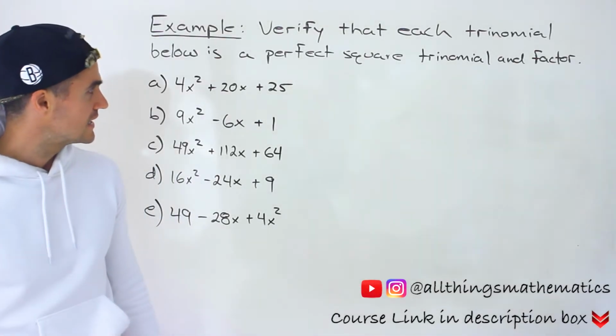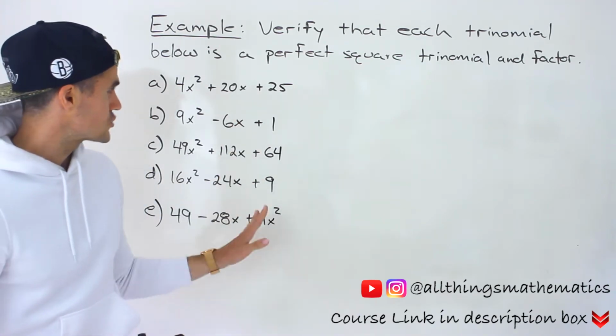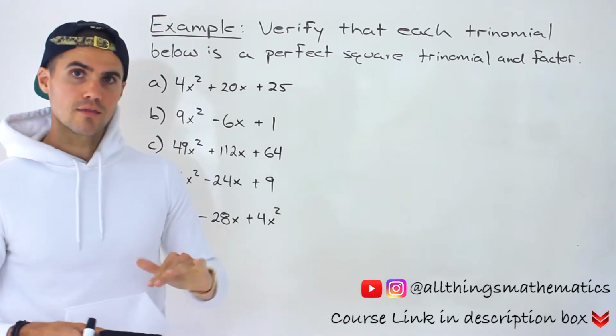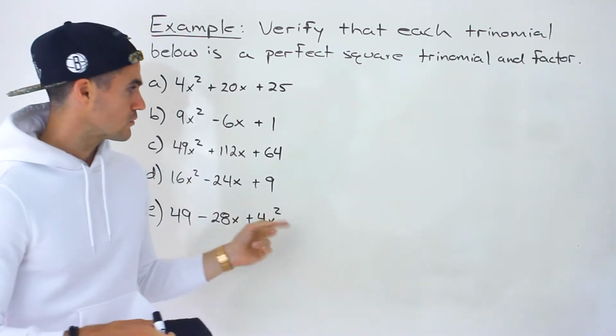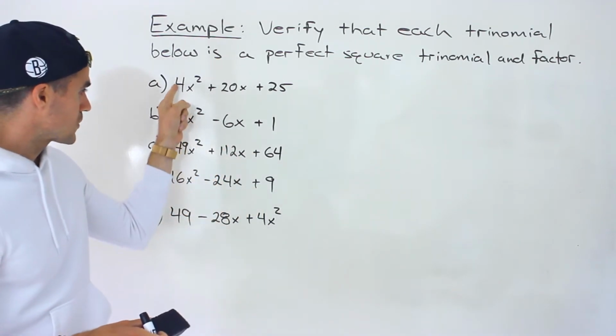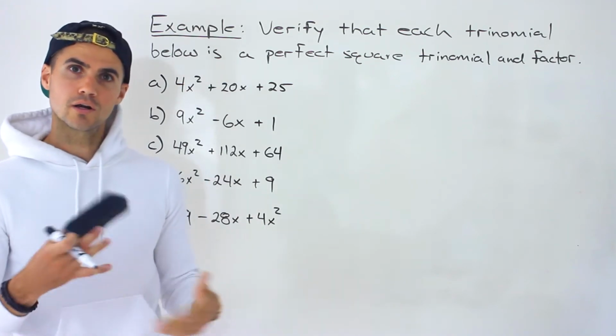Moving on to the next video, very similar to the previous video. What we're going to do, take these trinomials, verify that each of them is a perfect square trinomial, then we're going to factor it. So when I'm going through this video, I'm assuming you watched the previous one, where we dealt with trinomials where the a value is 1. Here, notice that the a value is not going to be 1, but we're going to go through the same